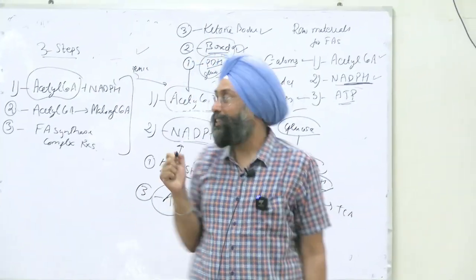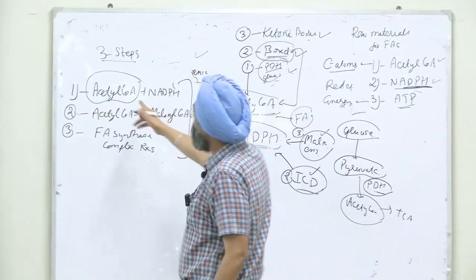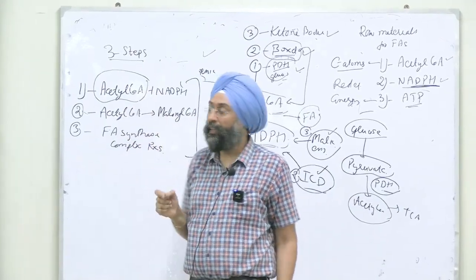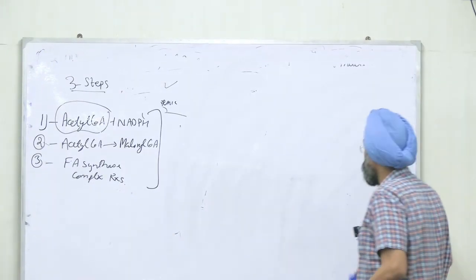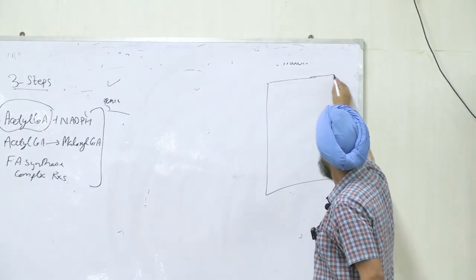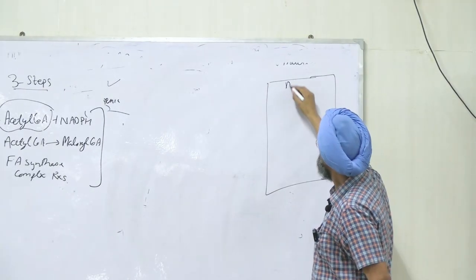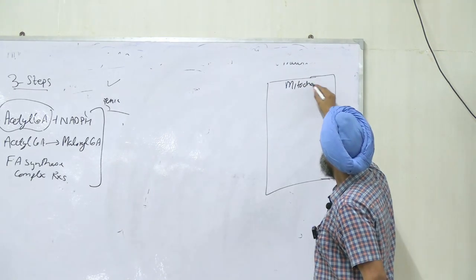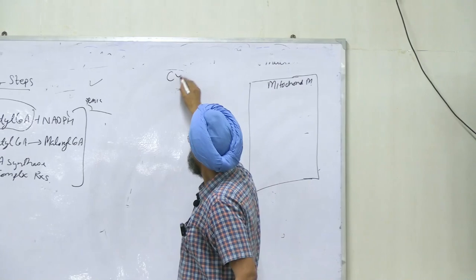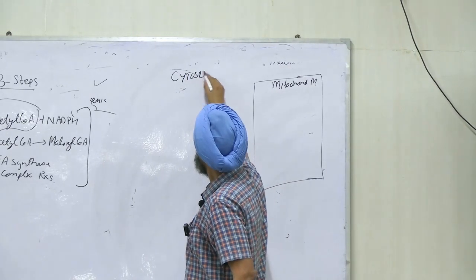So you have to bring this acetyl-CoA from mitochondria into the cytosol, so that it can form fatty acids, right? Now we have two compartments. This is our mitochondrial matrix and this is our cytosol,